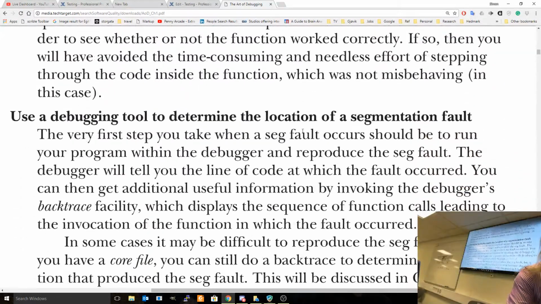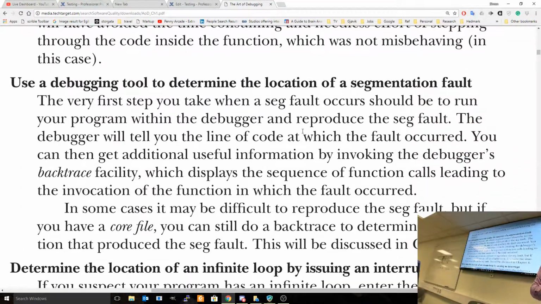There are user debugging tools to determine the location of segmentation faults. So you've heard of electric fence? The concept of electric fence? I see vaguely glazed eyes on the concept of electric fence. Okay, so